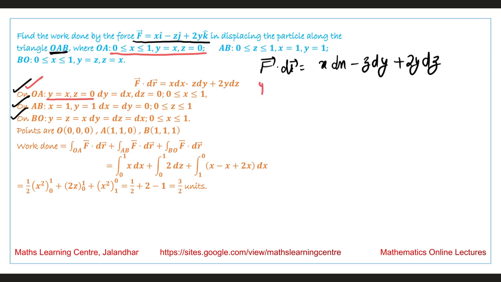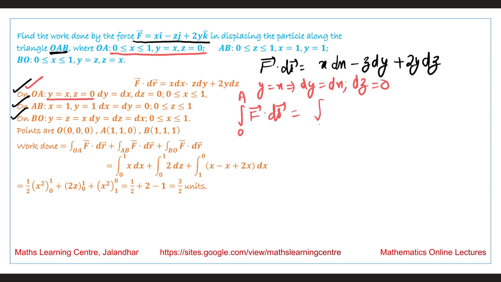So if we have y is equal to x, this implies that dy is equal to dx and dz is equal to 0, because z is equal to 0 is given. So if we integrate along the line from the point O to A, F vector dot dr vector, the answer we obtain is equal to